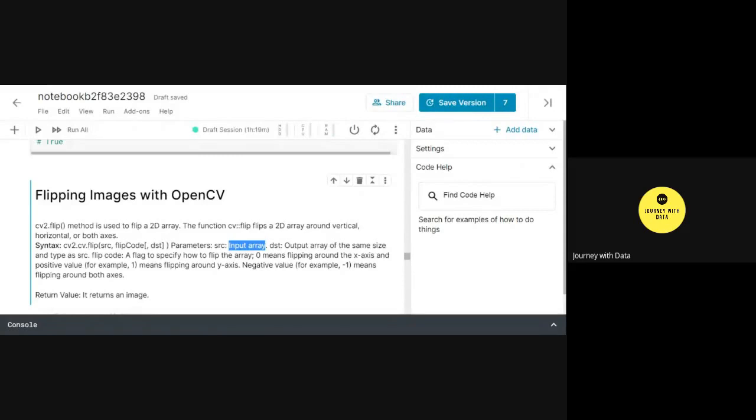Either it's 0, which means flipping around the x-axis, a positive value 1 meaning around the y-axis, and a negative value meaning around both the axes. So in flipping, this flag determines the direction where you want to actually make the flip happen. And the return value is an image.